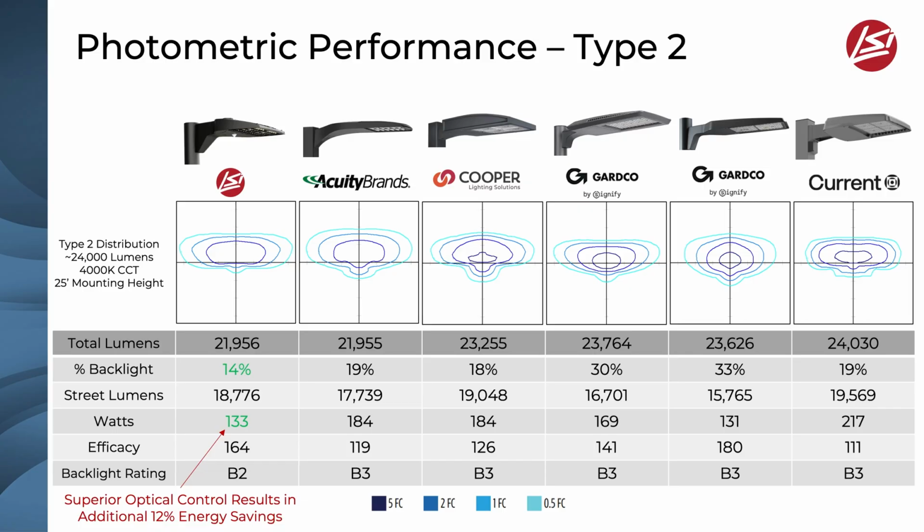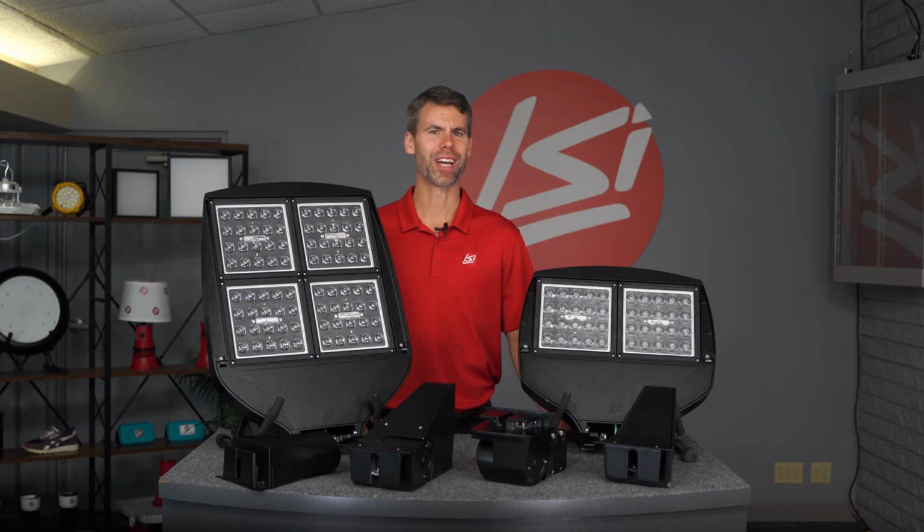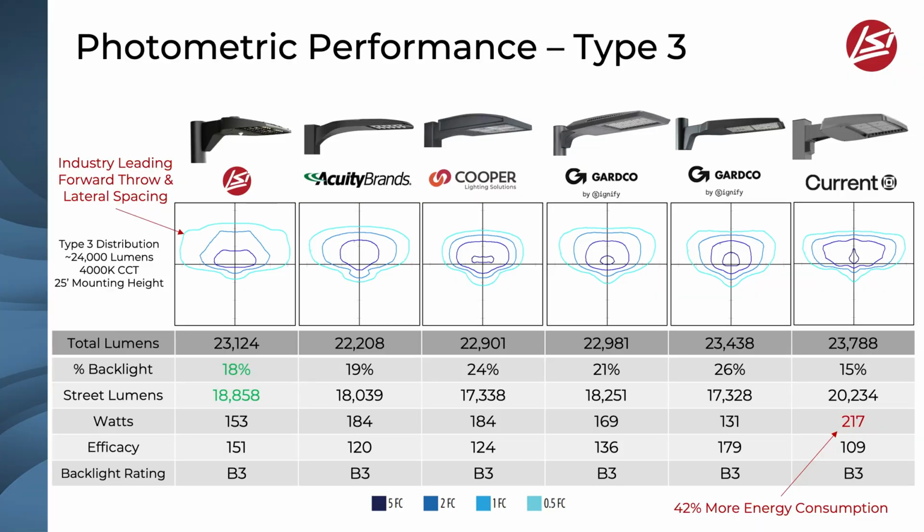Not only that, with Velocity's industry-leading photometric spacing, we can likely reduce the number of pole locations and fixtures required, providing even bigger savings on new construction projects. When looking at the Type 3 distribution, the same story holds true. Best-in-class spacing and excellent target illumination. Only one other competitor can match the target efficiency of Velocity, but as you can see, they require 42% more